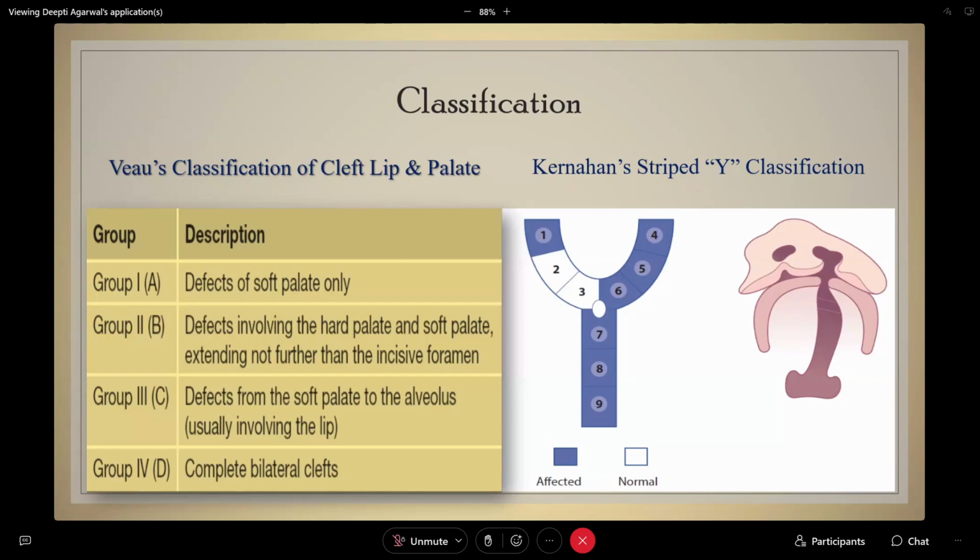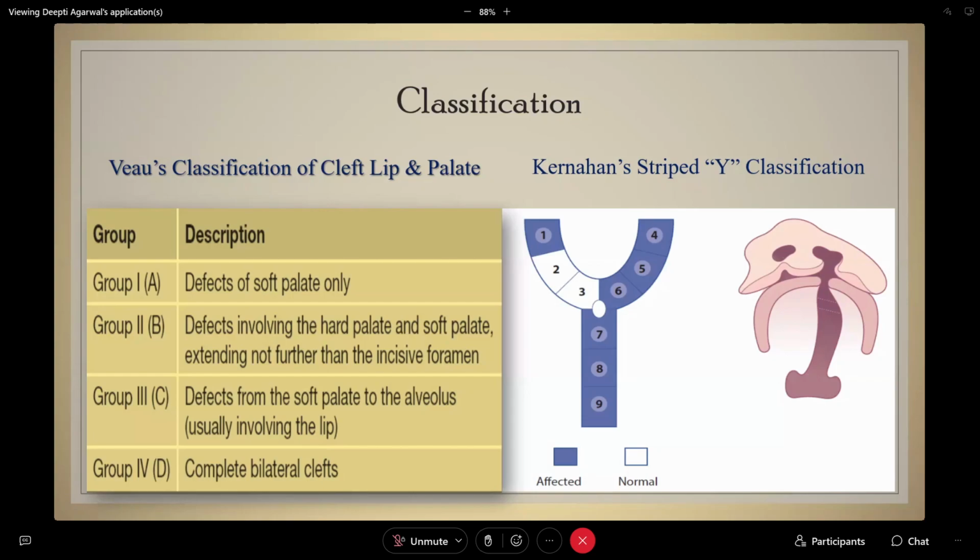Many classifications have been put forward for classifying the cleft lip and palate. The oldest classification being Veau's classification of 1931. It has divided the different types of defects into 4 groups, ranging from defects of soft palate only to complete bilateral clefts. But the drawback of this classification is that it has no provision for isolated cleft lip,